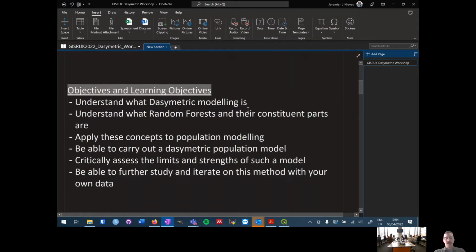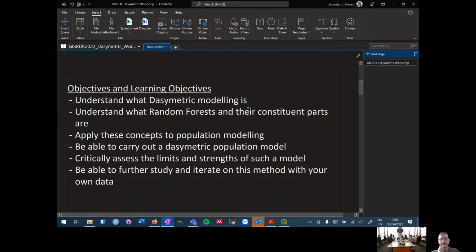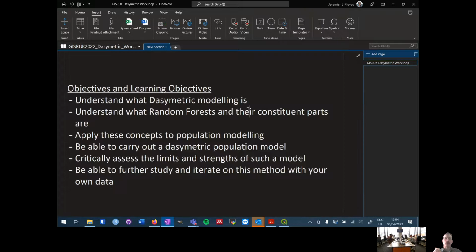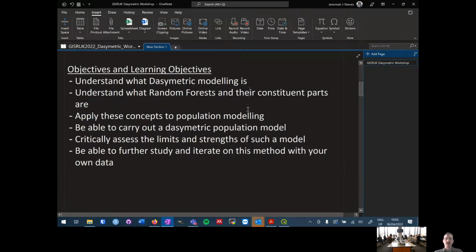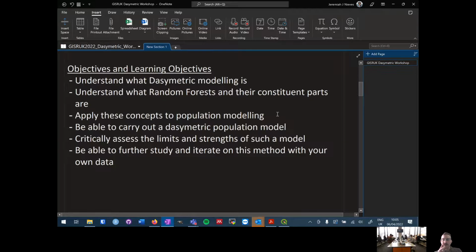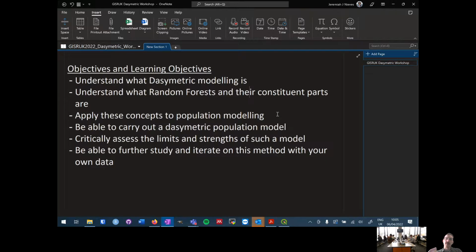What are the objectives and learning outcomes here? By the end of this, you should be able to understand what dasymetric modeling is, understand what random forests are and their constituent parts, and apply these concepts to population modeling, so that hopefully you can then carry out a dasymetric population model and then critically assess the limits and strengths of such a model. And then hopefully, fingers crossed, and I'm sure you all will, you all seem rather bright, you'll be able to further study and iterate and expand on this method with your own data, or make your